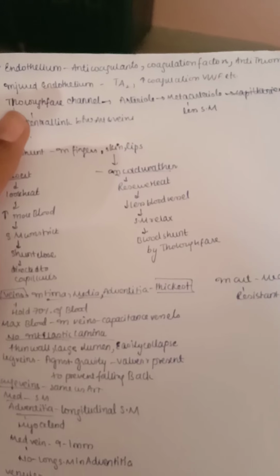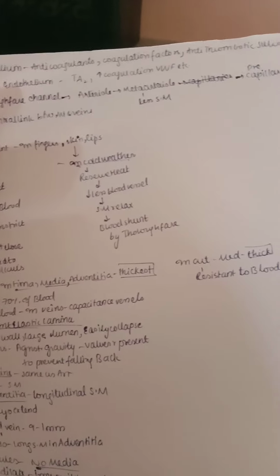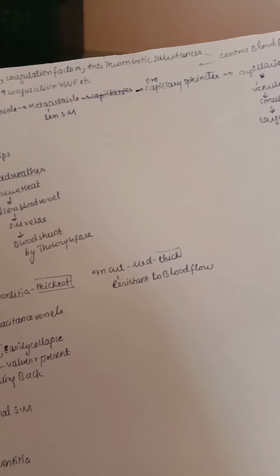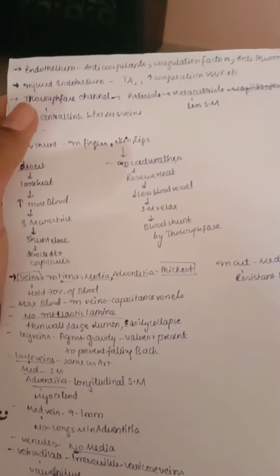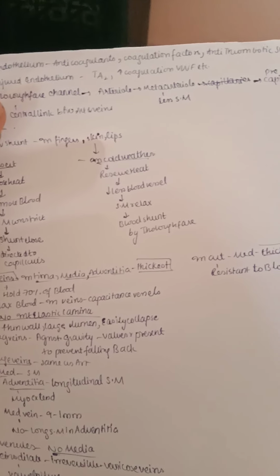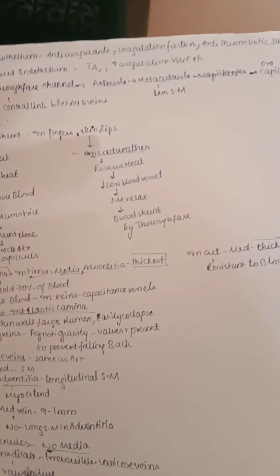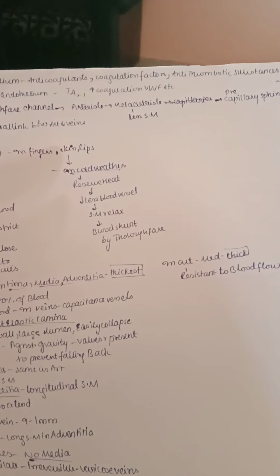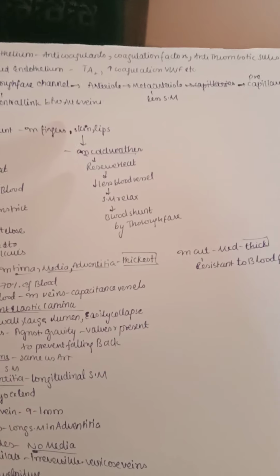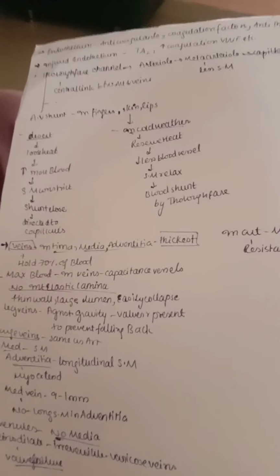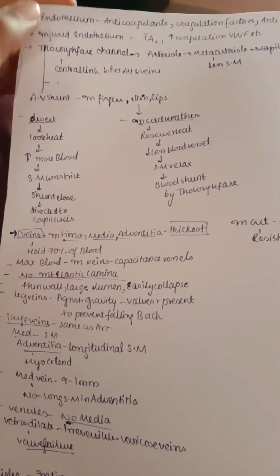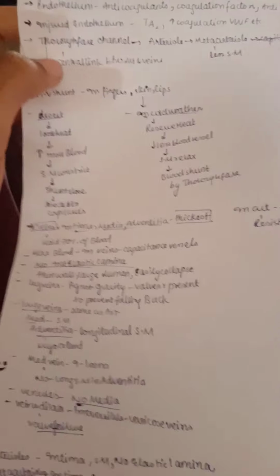So next we are going to see about the endothelium. Actually, endothelium can also produce anticoagulants, coagulation factors, antithrombotic substances, etc., which are all mainly useful for the control of the blood flow. And in the case of injured endothelium, it produces thromboxane A2 and increases the coagulation, that is by von Willebrand factors, etc. So whenever endothelium is injured, it needs to form a clot or platelet plug, so then the coagulation cascade is activated. But in a normal endothelium, always the platelets should be non-sticky and no thrombosis should form.